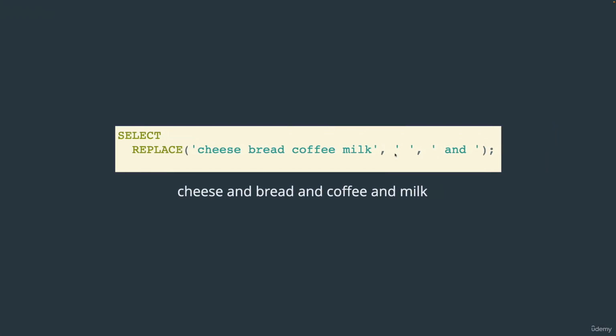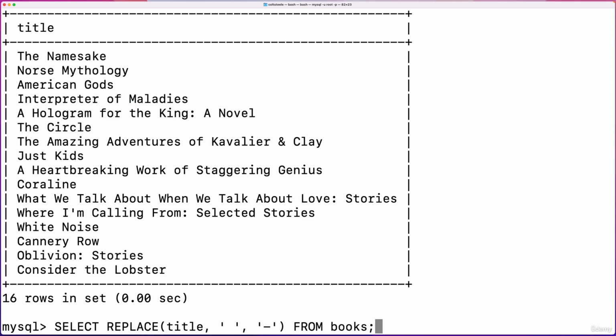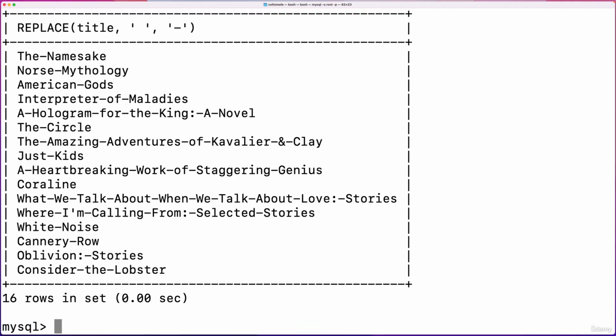And I can't stress enough, we have not altered anything in our table. If I do a select title from books, nothing has changed. We still have spaces there. We're not updating the table at any point. All that we did was retrieve the titles and replace them once we had retrieved them, replace the spaces with dashes. Okay,